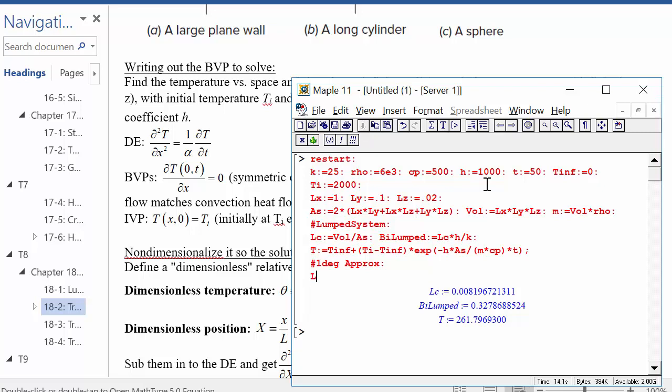And so the length is going to be Lz over 2, and then we're going to use that to calculate the Biot number. So the Biot number is going to be L times h over k, and we'll also need to figure out the Fourier number. Maybe we'll call this T lumped. Yeah, so the Biot number is that, and then we've got the Fourier number, which we're going to need alpha for,